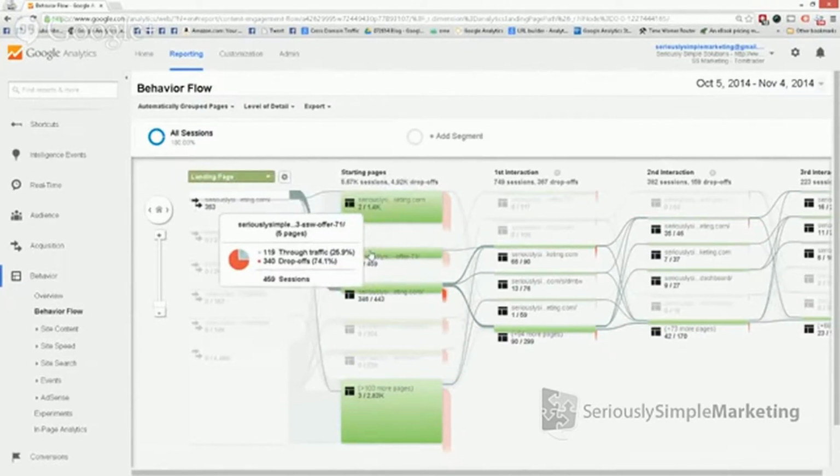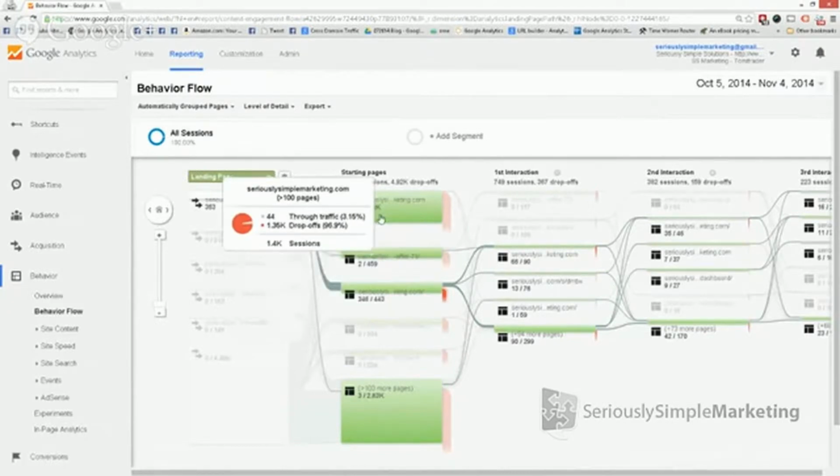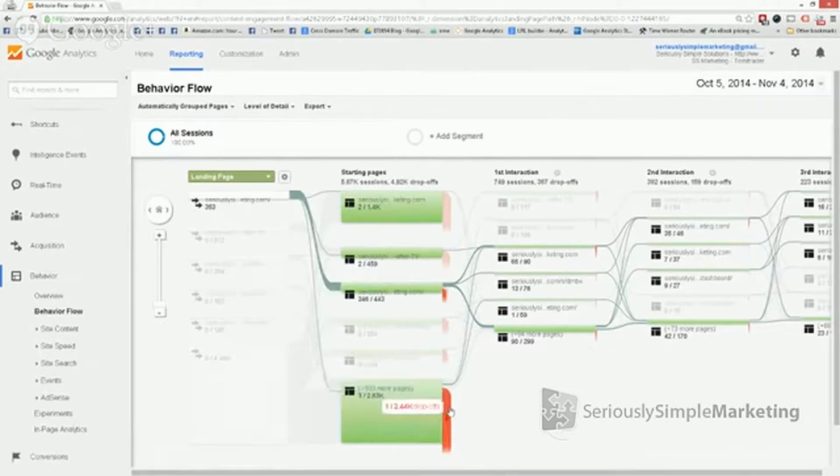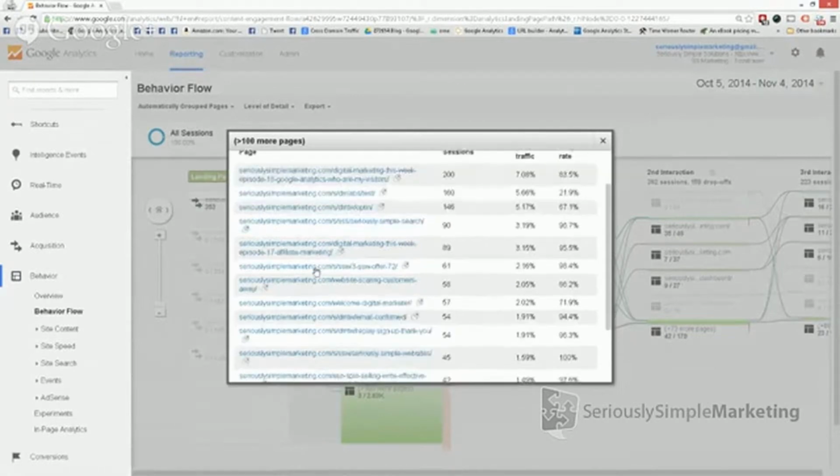We have people that saw the website's offer. We have people that, see the difference between these two. Looks like just another page reload. We've got another 100 different pages they saw here. So I'm going to go ahead and go to group details. This will basically be a bunch of blogs and probably split tests and opt-ins.